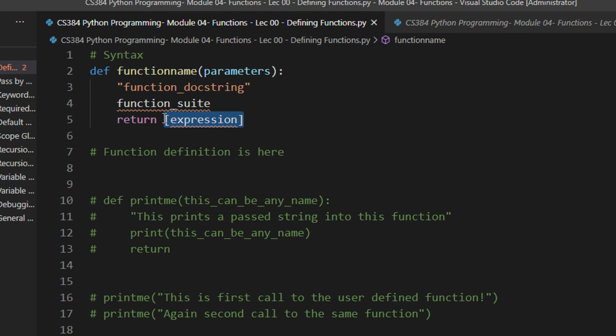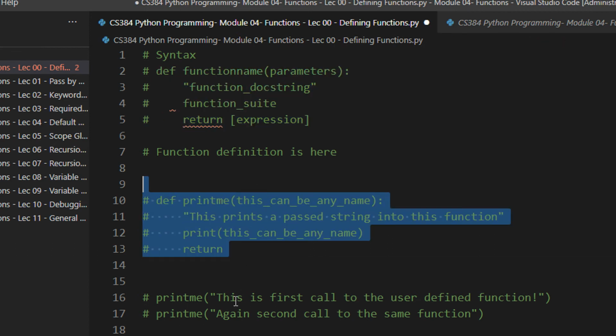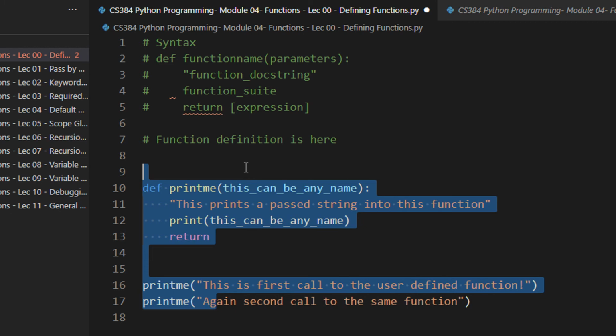Do you remember in C we had int addition or void main or something of that sort? Python is advanced enough that you need not specify anything here. It automatically determines the value of the expression and returns it. So enough of definitions. Let us bring you an example.